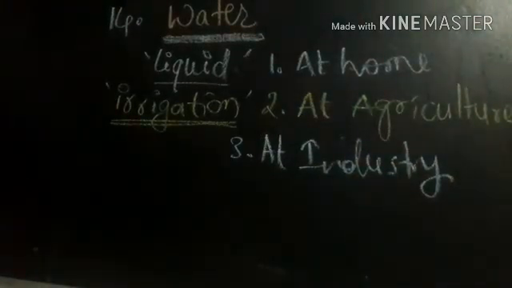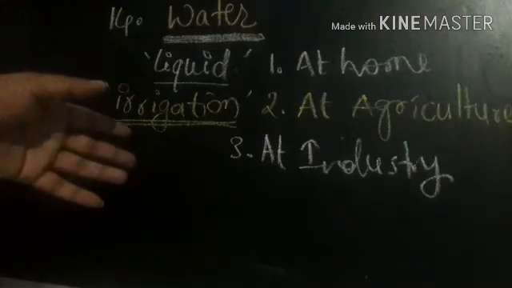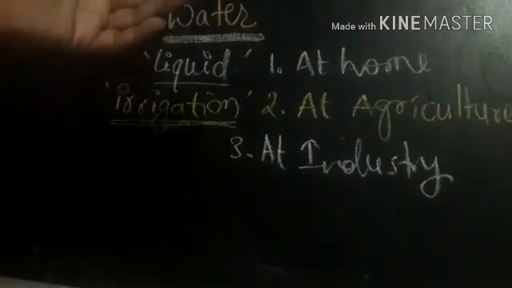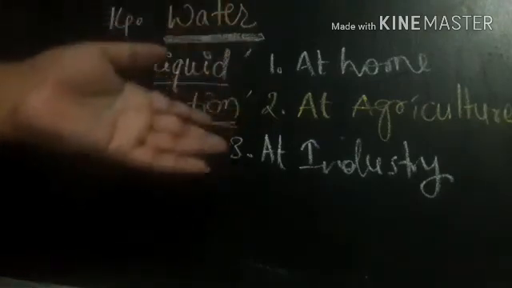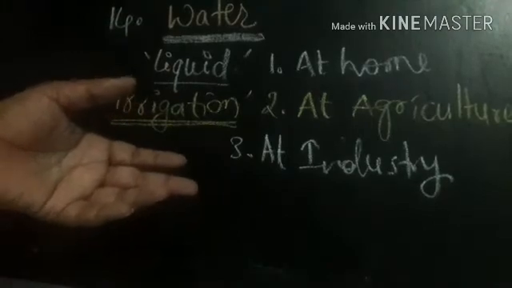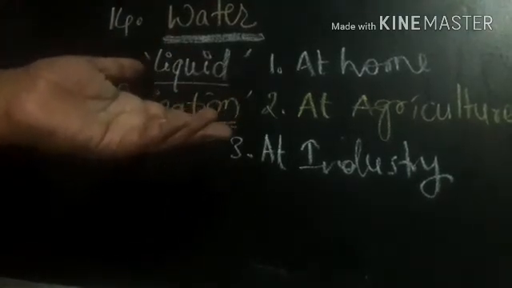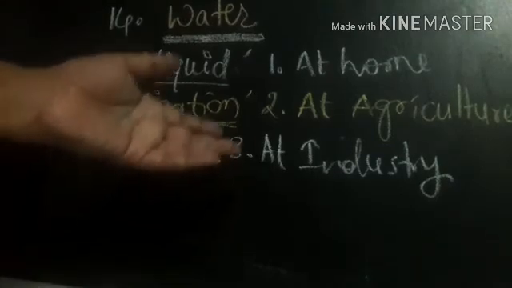So here in industry many products are made, but for the functioning of these industries, for example for making paper, cloth, medicines, chemicals, bread, biscuits, whatever it may be, many things are made at the factories or industries. Whatever it may be, they require more water.